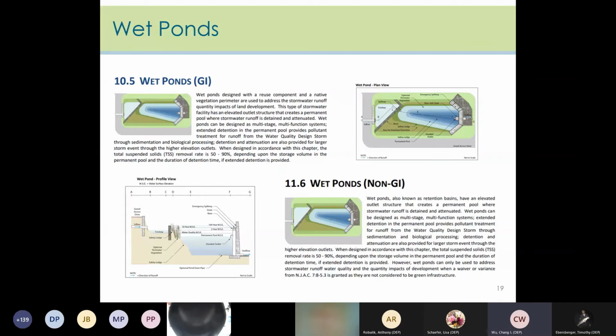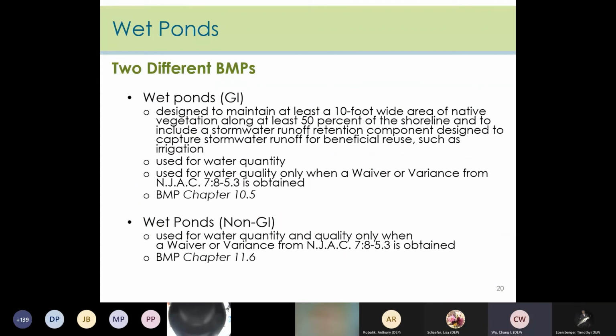Next topic is wet pond. A wet pond has a similar mechanism to remove suspended solids as a detention basin. But under the new BMP manual and the amended rules, there are two types of wet pond. First is the GI wet pond, and the other one is the non-GI wet pond. The difference between the two wet ponds is that the